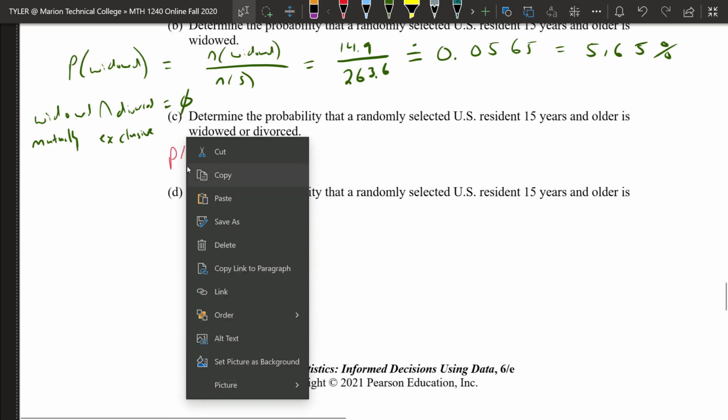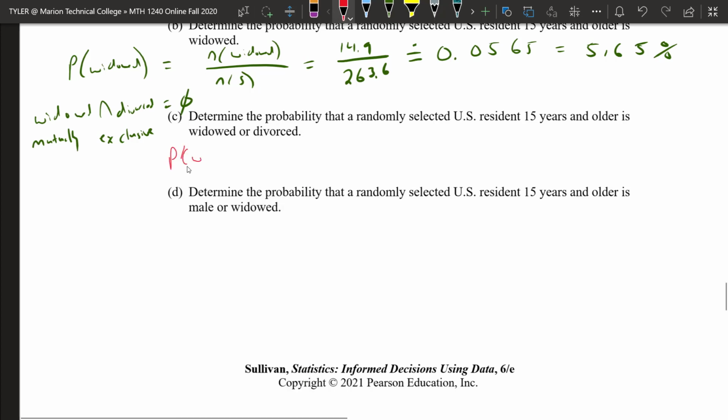Right, so the probability of being widowed union divorced would equal the probability of being widowed plus the probability of being divorced, which is equal to